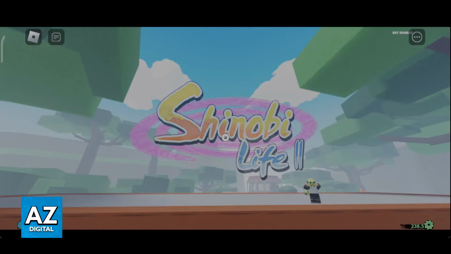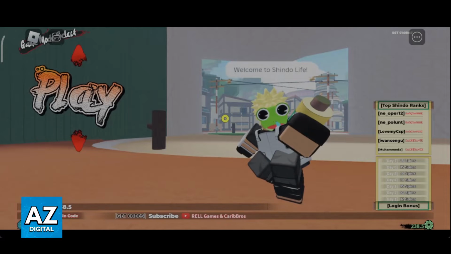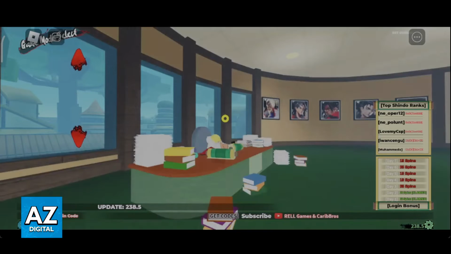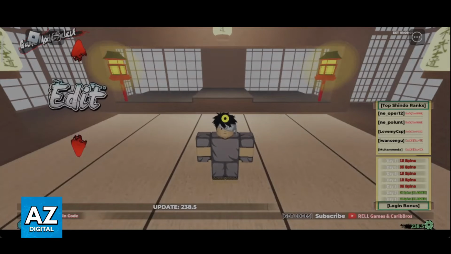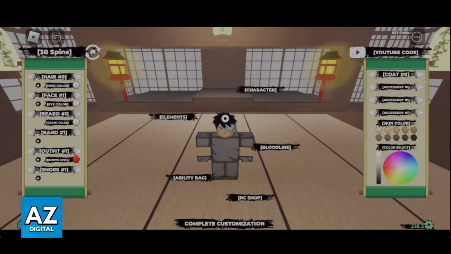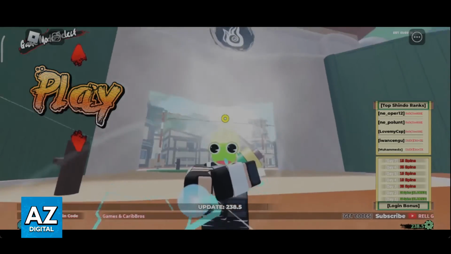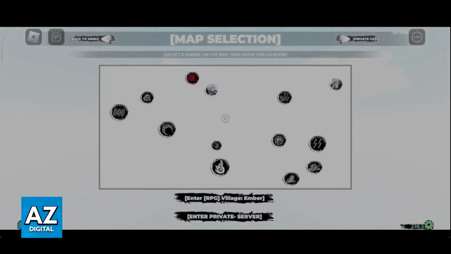Once you are inside of the experience, everything will be adjusted and you will be able to browse through the menus. So you can choose between play, game modes if you would like to see additional game modes, and the option to edit your character. If this is your first time joining the experience, you will be able to go through the character creation window. So you will be able to customize your character, customize the outfit, and once everything is ready, you can go ahead and choose play.